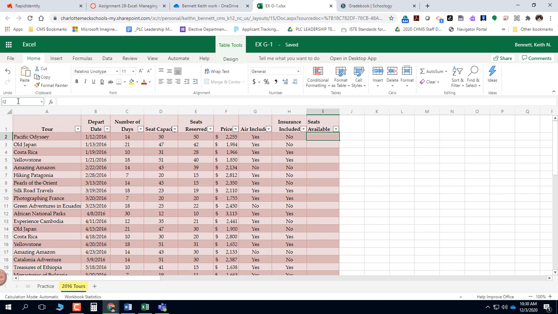So now the next thing that we want to do is we want to go to, and we want to make sure